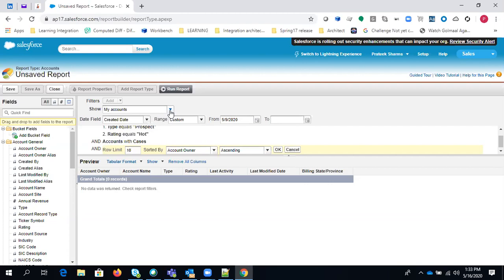In this particular report, the maximum limit can be 99. So the maximum row limit can be only 99, so only the top 99 records you can display. But in a tabular report, we have a limitation of dashboards: not all dashboards are supported by a tabular report. You can only create a dashboard with a tabular report if you have a row limit. So if you are creating a dashboard with any tabular report, you have to pass a row limit.